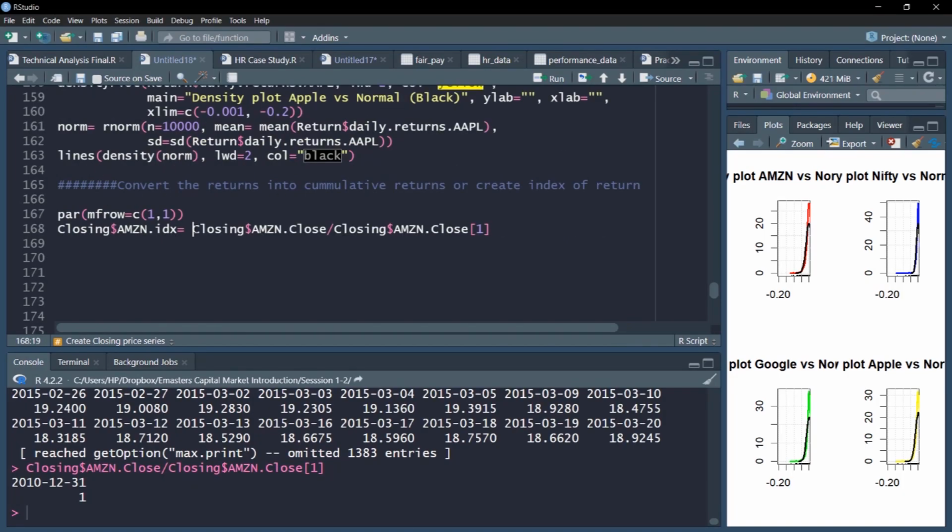I'll also define that these are numeric variables, so as.numeric, I'll specify that this is a numeric series so that this ratio command works well. So I'll run this.